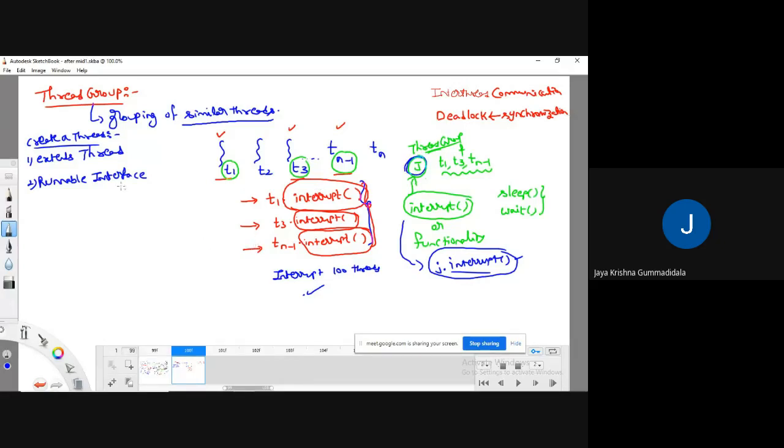So that is the functionality of thread group. I hope you understand clearly. Thread group is useful to group the related threads, so that I am able to apply various kinds of methods.